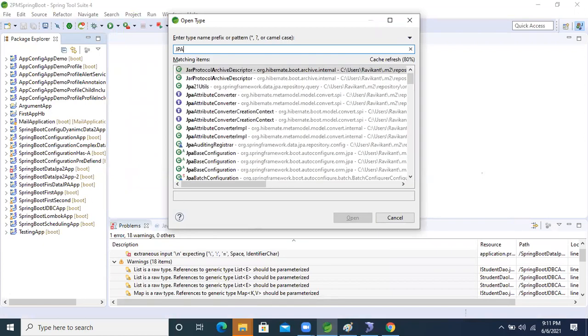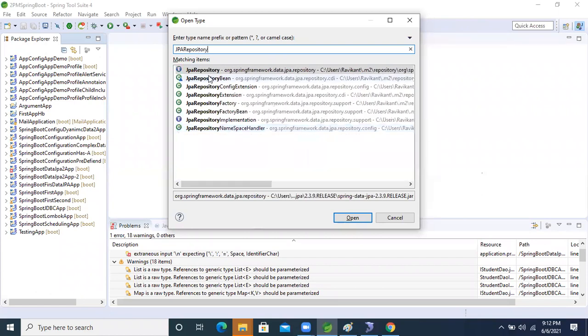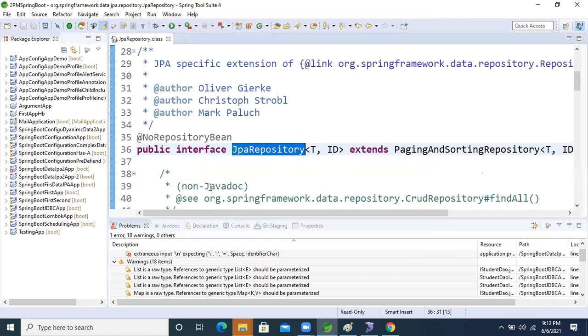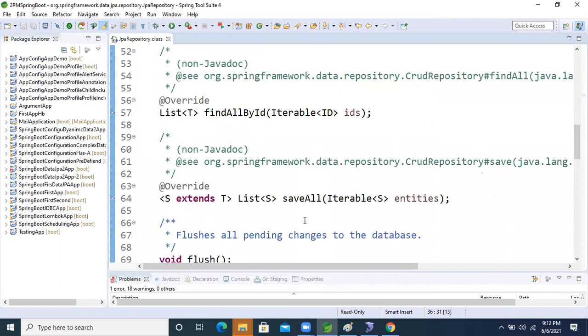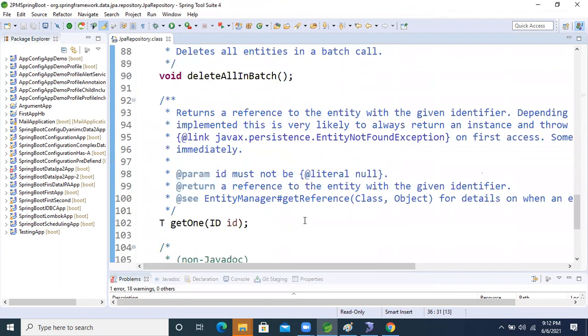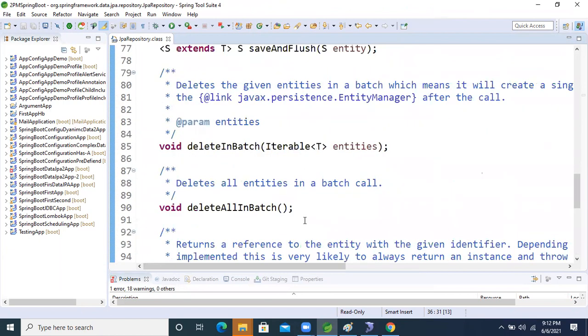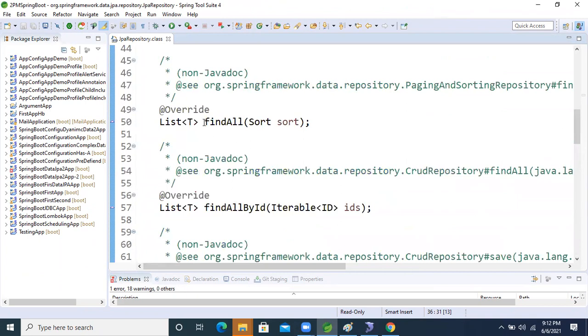The JpaRepository interface is there. Inside this interface, let's see that method. This method's argument is what? See this: saveAll, iterator. We need find methods: findById, findAll, sorted.